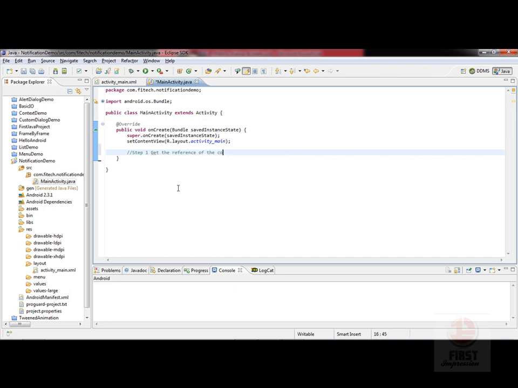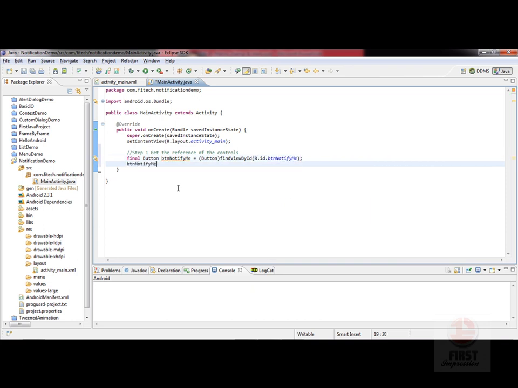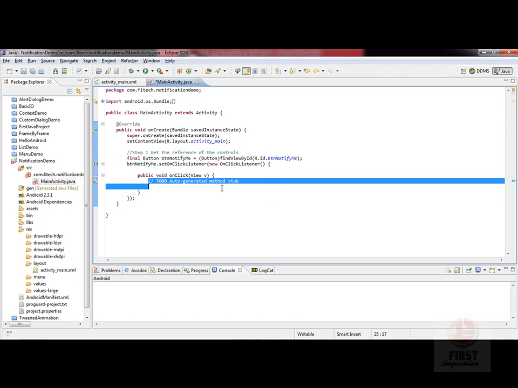Now we are not doing anything new over here, we are just getting the reference of the controls. final Button btnNotifyMe equals to (Button) findViewById(R.id.btnNotifyMe). We'll say btnNotifyMe.setOnClickListener, new OnClickListener. That's very usual now. Let's import the OnClickListener from here and start.